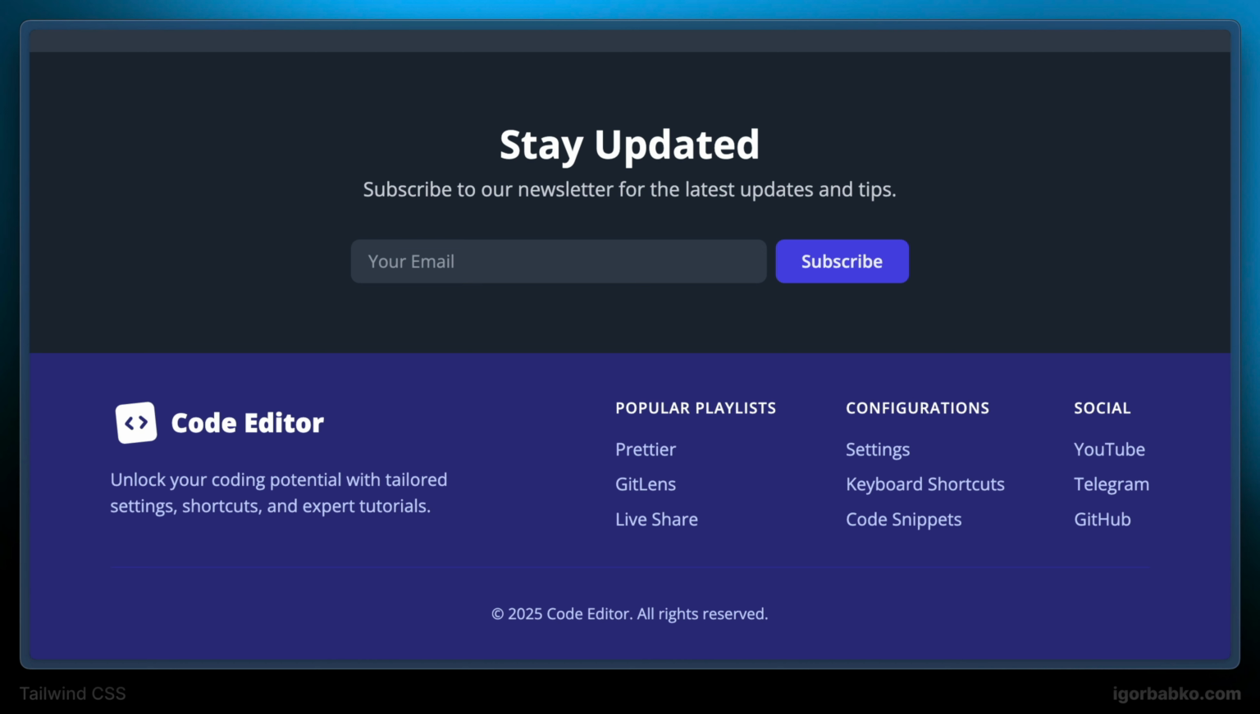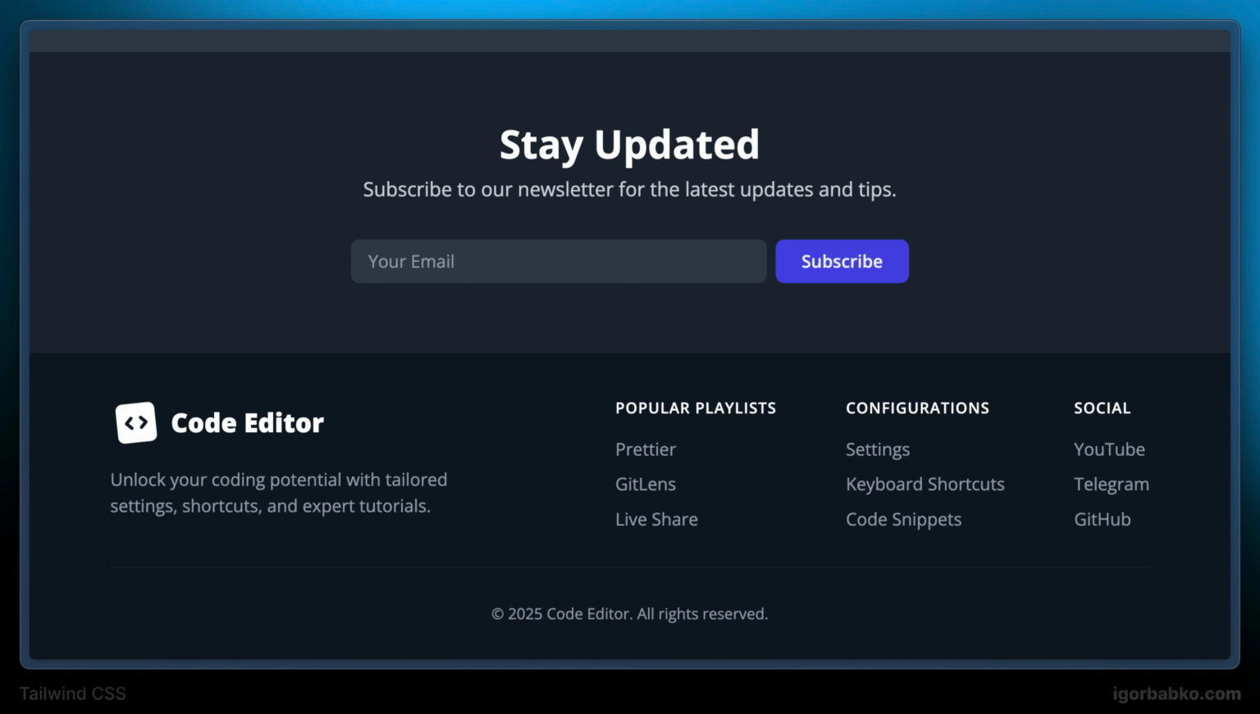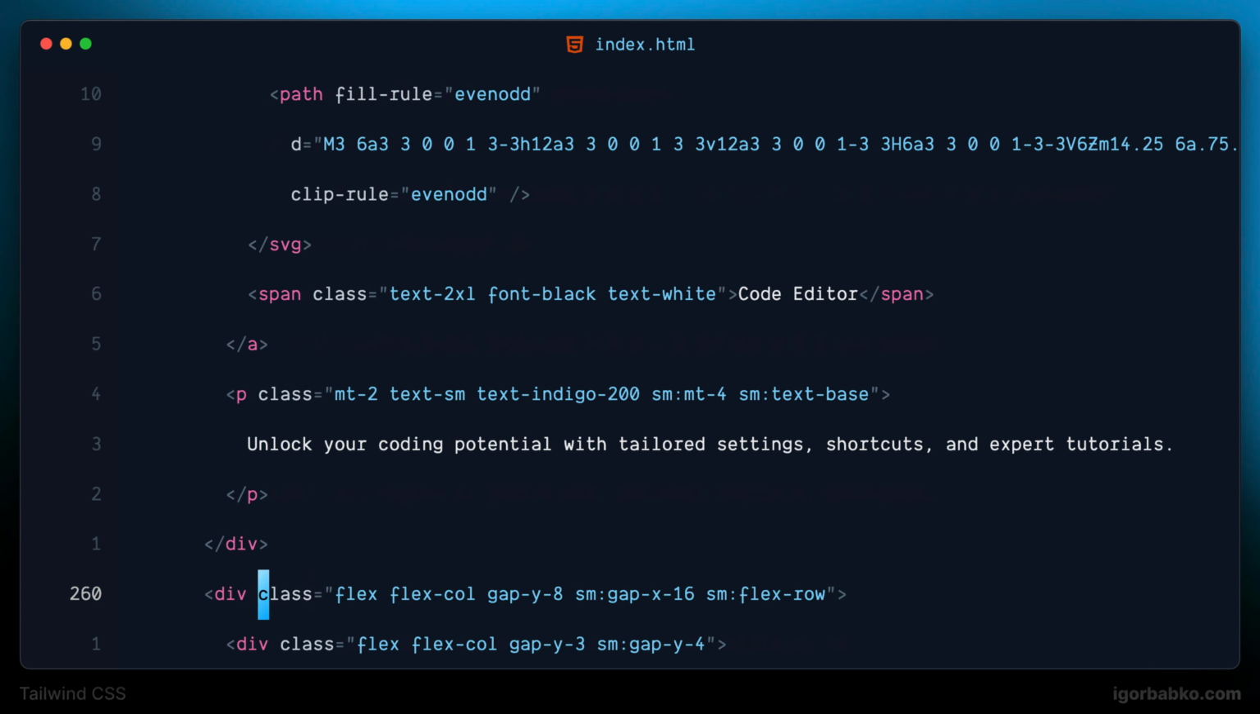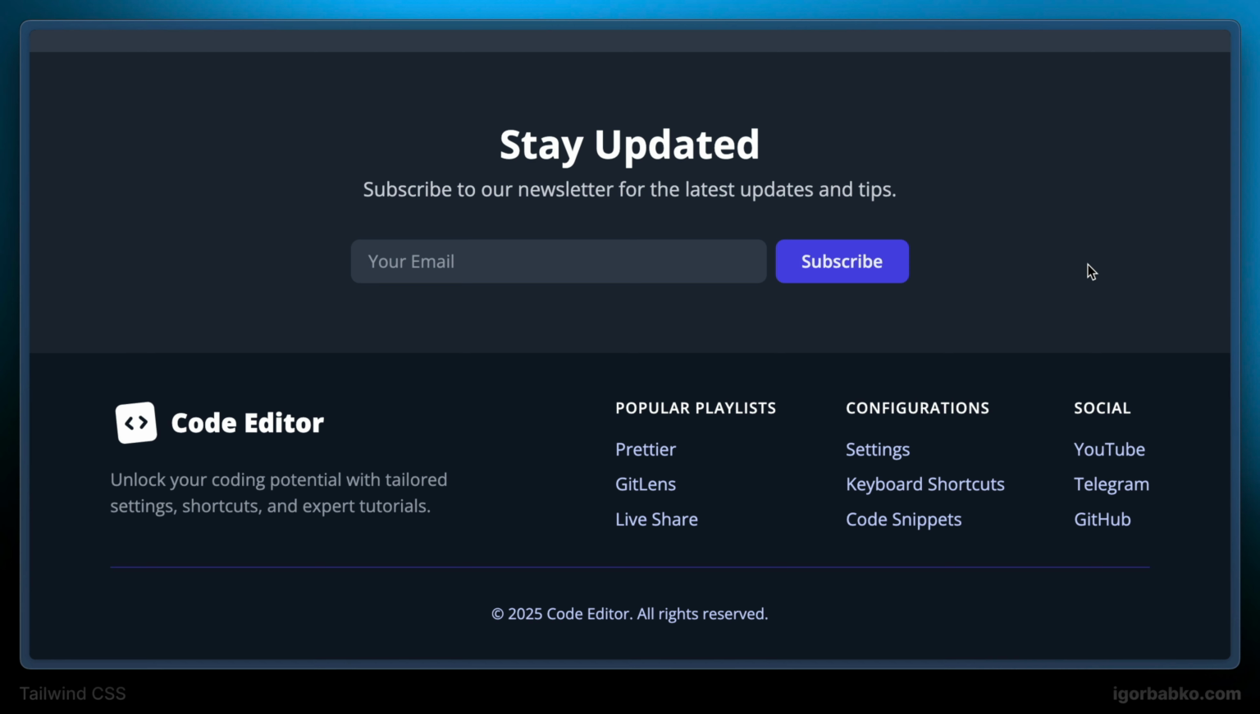And finally, let's start working on the footer styles. As the first thing, I'm going to assign a gray background color with a shade of 900 to this footer element. The text that is within the footer will be gray with a shade of 400. After that, I'm going to change the color of all these list items by assigning the text-gray-400 class to